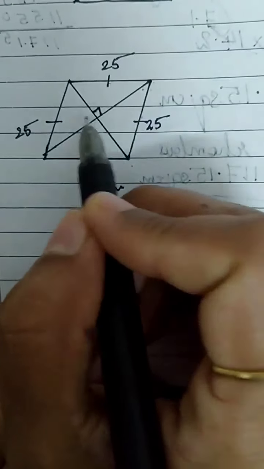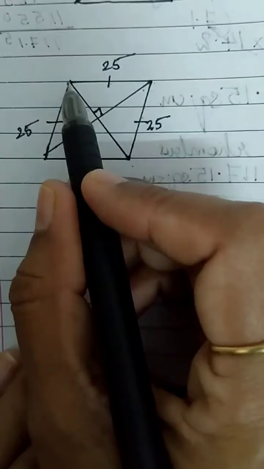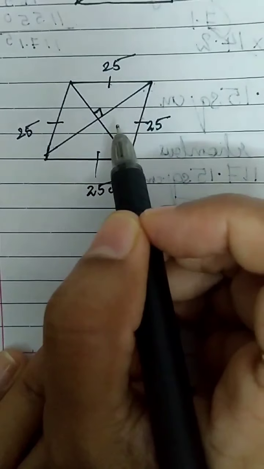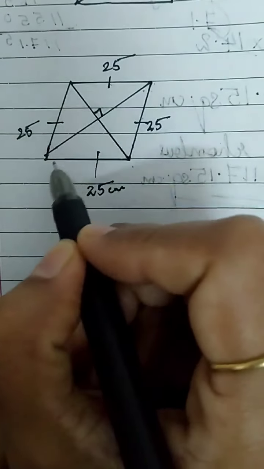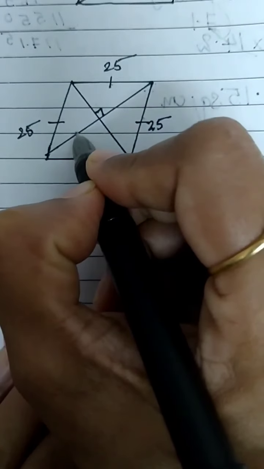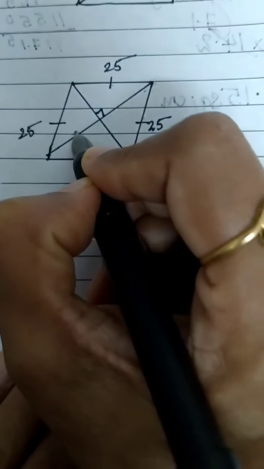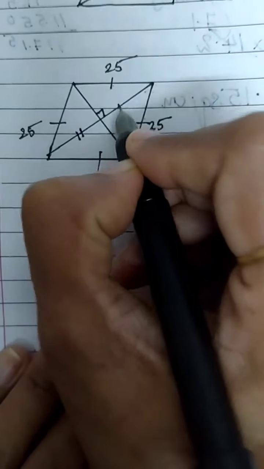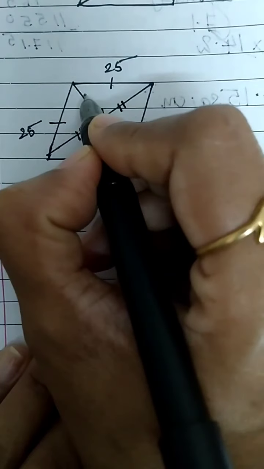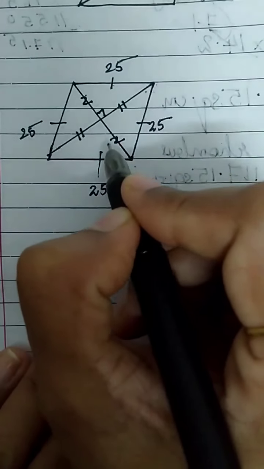And we have learned in the chapter quadrilaterals, where we learnt about the properties of rhombus, that diagonals of a rhombus are perpendicular bisectors of each other. So the diagonals, when they intersect, make 90 degrees and they are perpendicular bisectors, which means each diagonal is divided into two equal parts. So this equal part and the other part. Similarly, for this diagonal, I will use this sign. These two parts are of equal length.